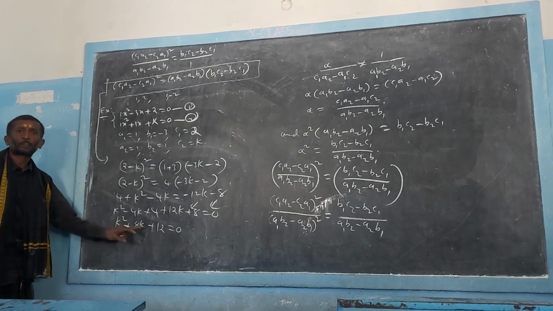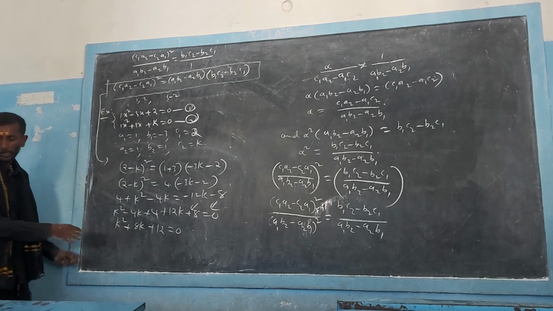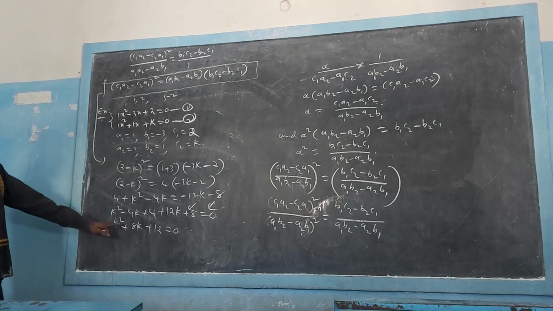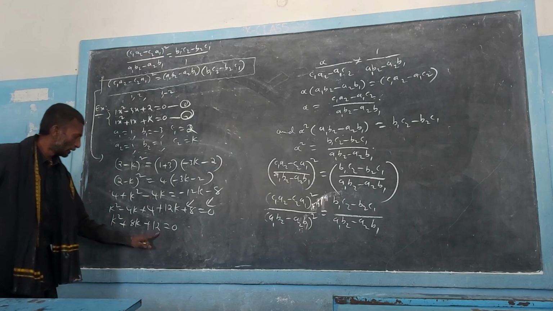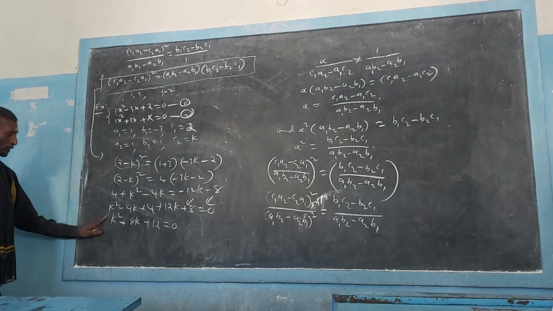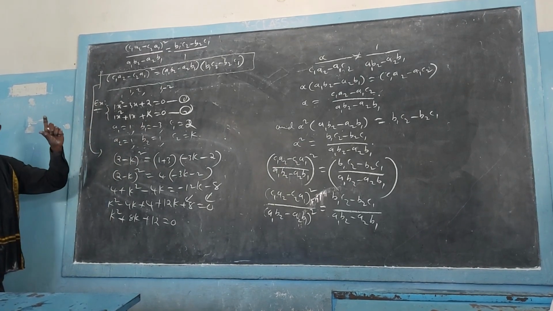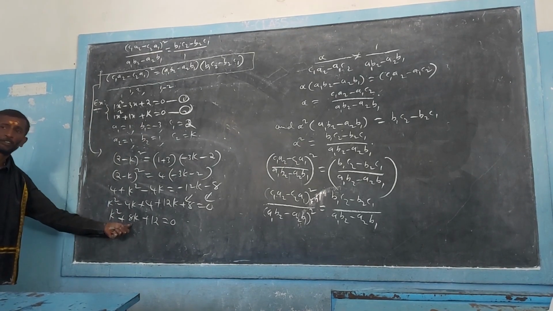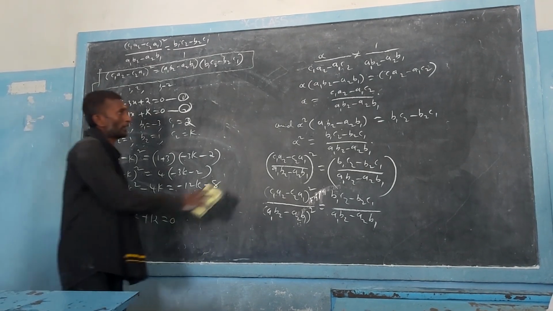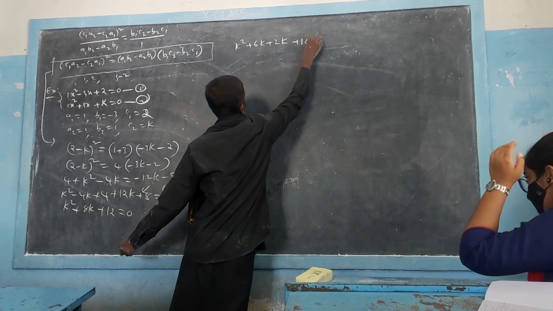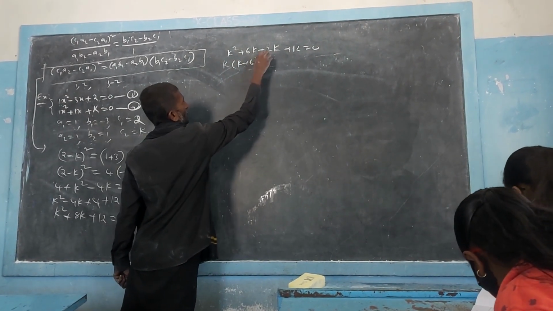So like that we get one quadratic equation which is in terms of k. K is the unknown, and we are going to find the value of k. We can solve this equation by splitting the middle term into 2 parts. Before that, we multiply the coefficient of k square with the constant: 1 into 12 is 12. I take the 12 factors as 6 and 2, whose sum is 8. So I am splitting this 8k into 2 parts, 6k plus 2k, then taking k as common, and taking 2 as common.